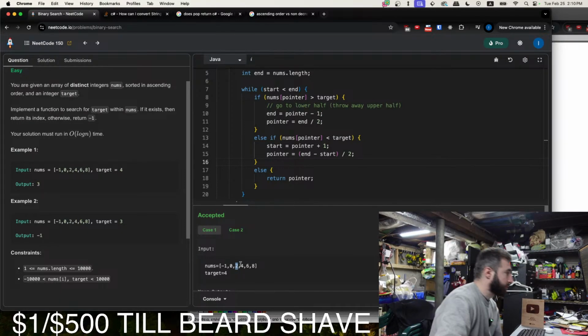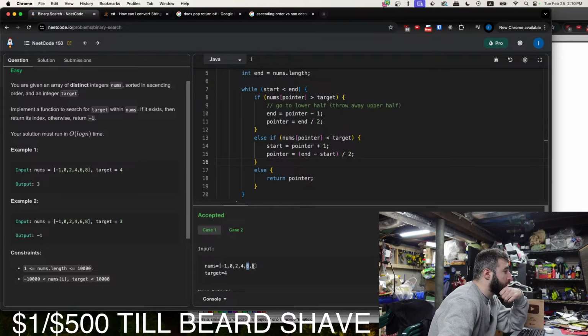So if we say the target is 6, all right, so we start here. Target is greater than where we're at, so start equals pointer plus 1. All right, so this is the start. Pointer equals end minus start.